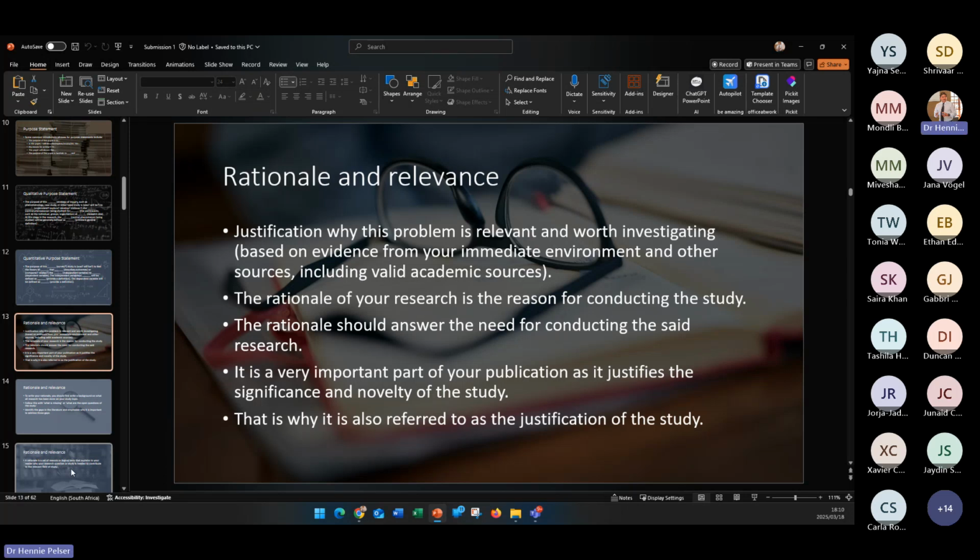Okay, guys, so in terms of the rationale, please remember it is our justification, it's our reason for doing the research. The question that I've said a couple of times that you have to ask when you write the rationale, and it's important to keep note of these little tidbits, guys, is: what would happen if I left this research alone? What would happen if I didn't do this research? And if you look, because we have some phenomenal titles, I reviewed some of those titles. I mean, whoever is doing Gen A,